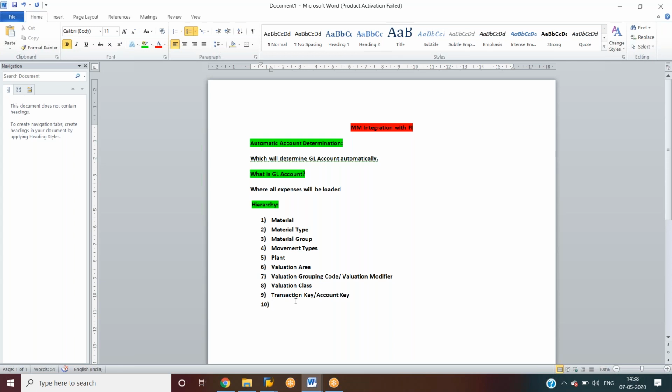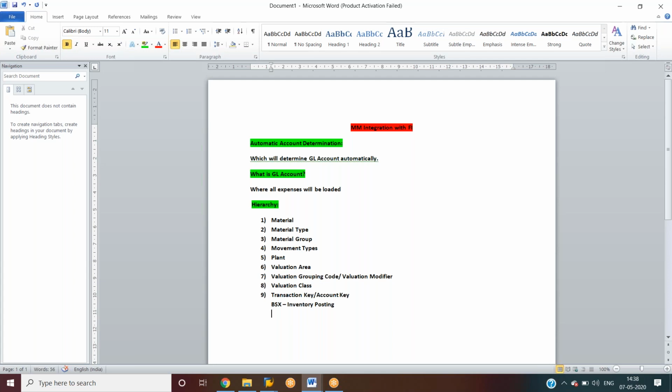So we have different transaction keys. They will ask you in the interview questions, what are the transaction keys we have? You have to tell BSX. What is BSX? Inventory posting. Guys, don't be scared. Initially it will be difficult only, but if you start practicing, this is the easiest module. Seriously. Be focused and practice. You will even get some kick out of it. You won't get all these things in other modules.